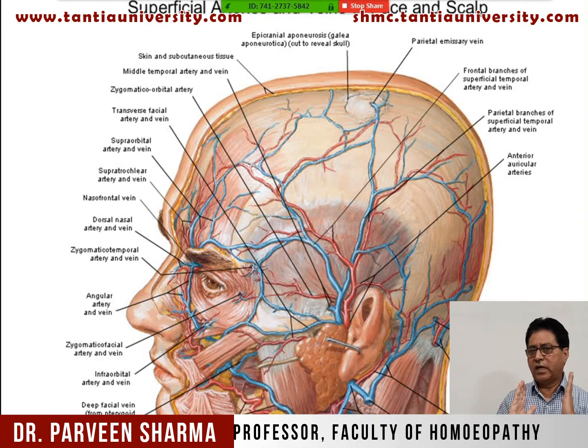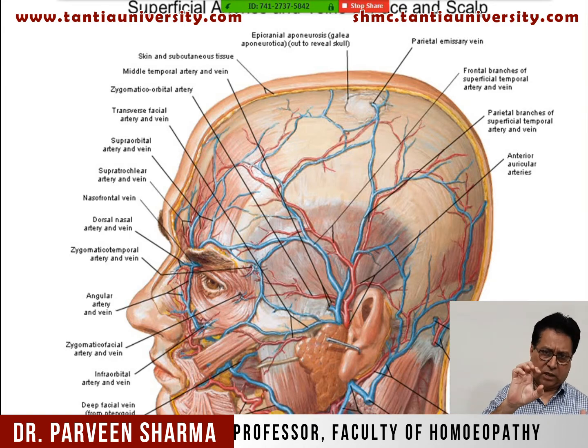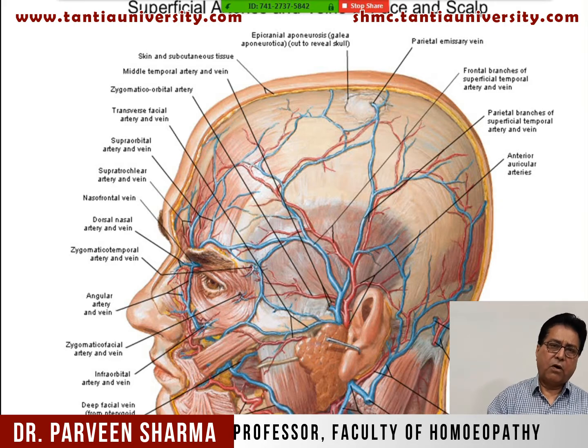So how to know where is the facial artery? So you know your 2 masseter are here. So if you tightly clench your teeth, okay, if you tightly close your mouth, clench your teeth, so there is contraction of the masseter. So masseter muscle just below here, anterior-inferior angle of masseter at the lower border of the mandible, here the facial artery enters. So you can see in the diagram, the facial artery enter on the face by winding around the lower border of mandible, just in front of anterior-inferior angle of masseter.